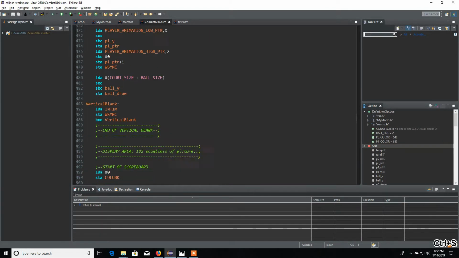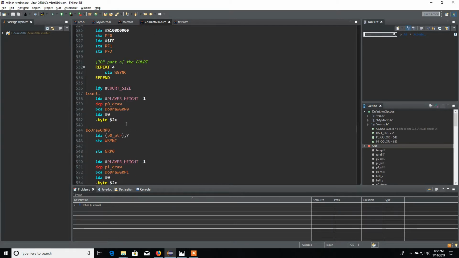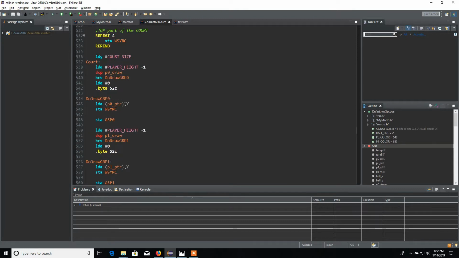Everything's working over here. So now let's go to our code over here and add our ball. How to work, and that's going to be pretty easy. All we're going to do is come right over here, right after this part is done, and we're going to load X because we're going to use the X value to do our ball. Load X, and then we're going to do the exact same thing as here, except